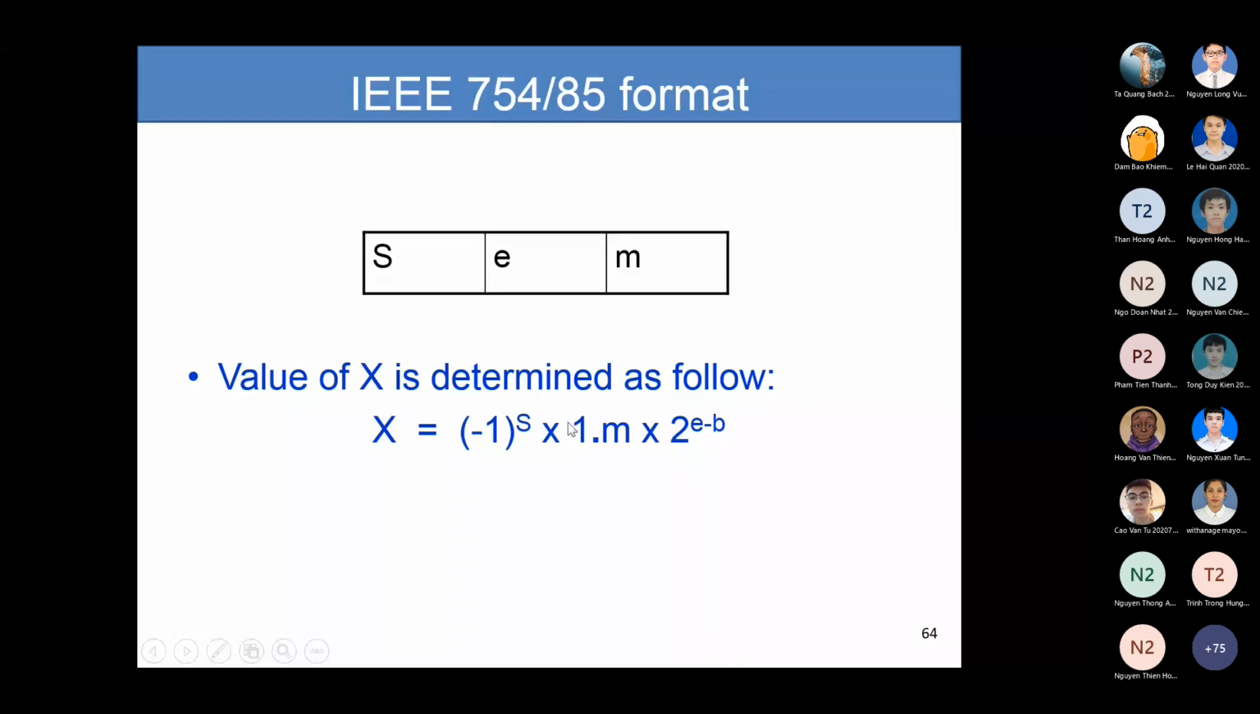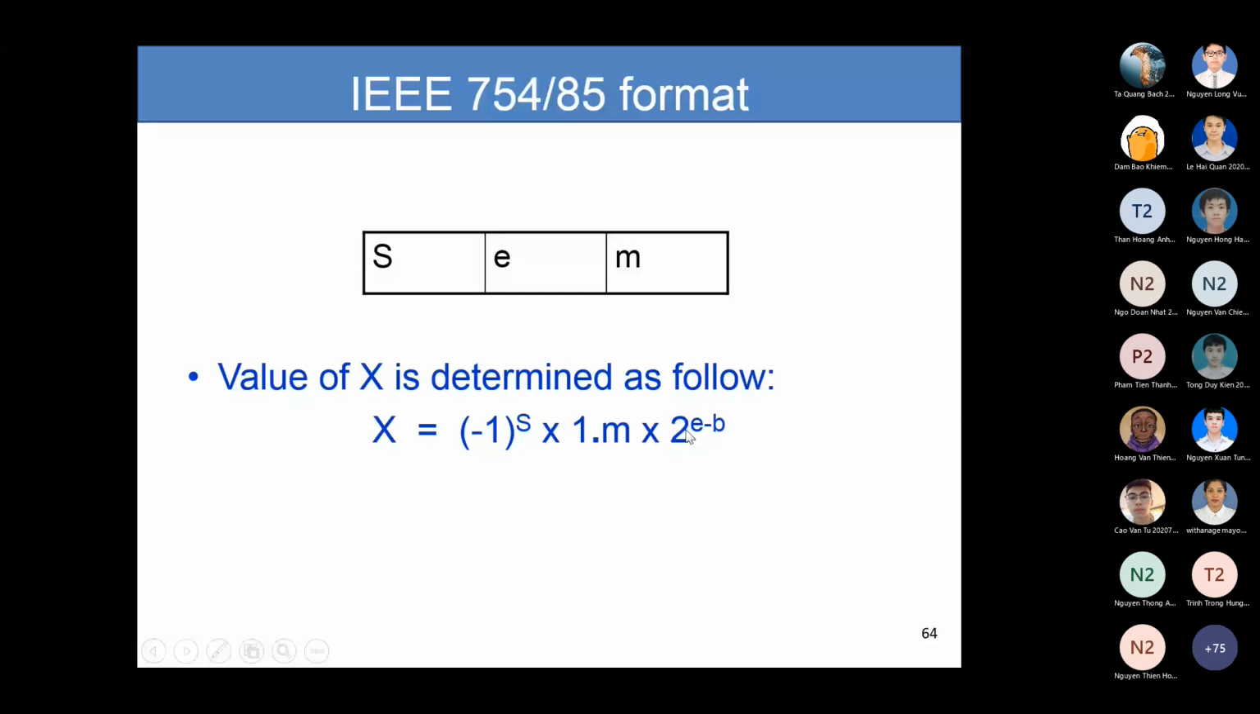Here is the formula. Given the representation, you can determine the value of x using this formula: x equals minus 1 to the power s. If s equals 1, then minus 1 to the power 1 equals minus 1, so it is negative. If s equals 0, then minus 1 to the power 0 equals 1, which means it is positive. Okay, so we have a matrix 1 dot m, and we have an exponent